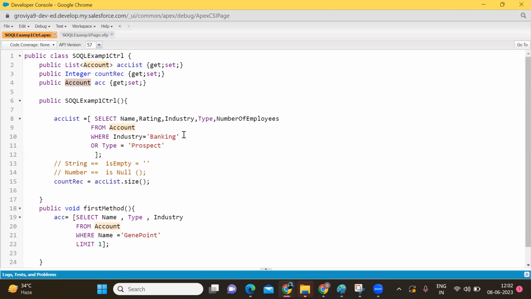Yes, go ahead. Sir, if we query with limit 1, and if we want to fetch only the name field, can't we store this in a string variable, or should we use dot name at the end? No, ma'am. We can't store it in a string. Whenever you write the query,